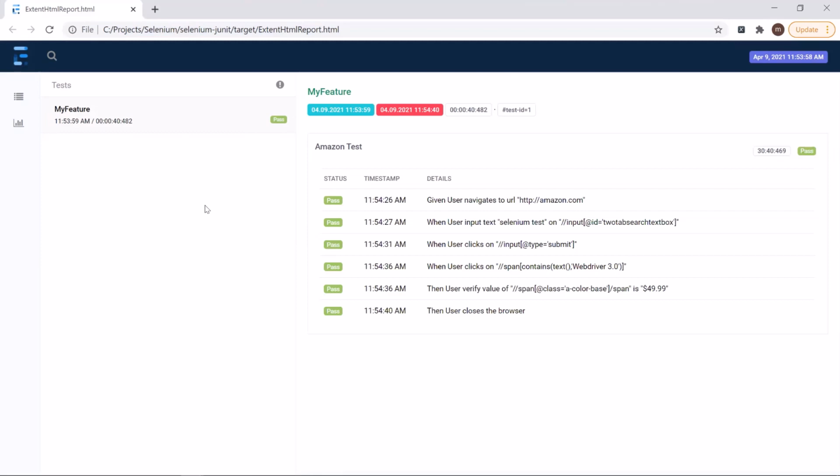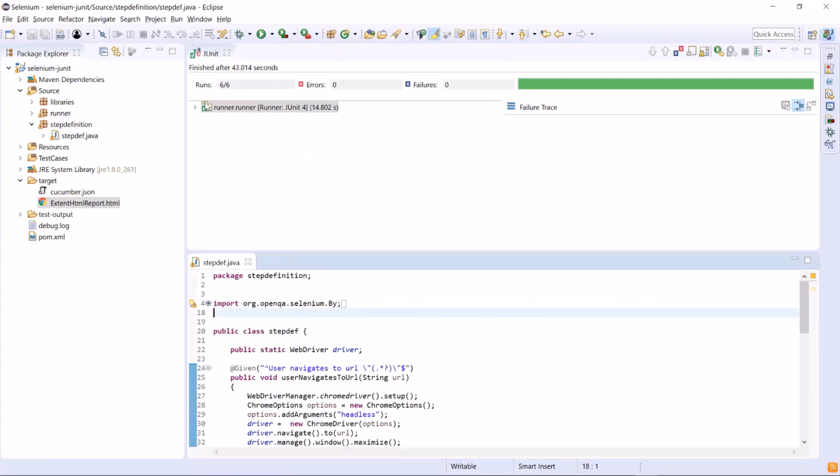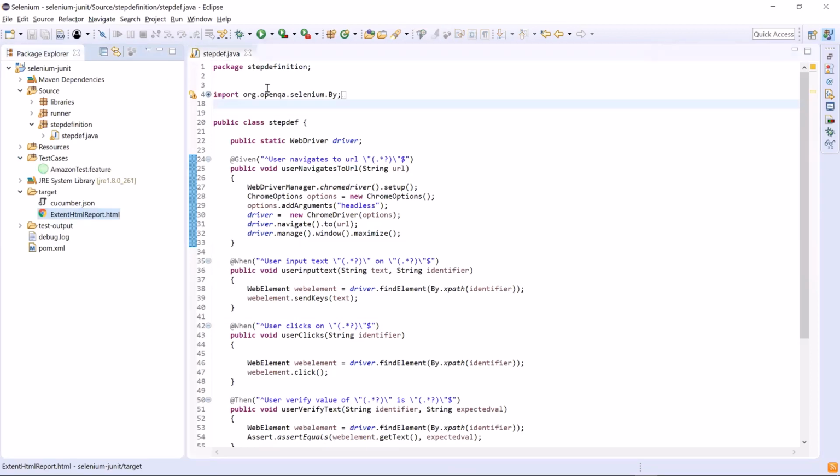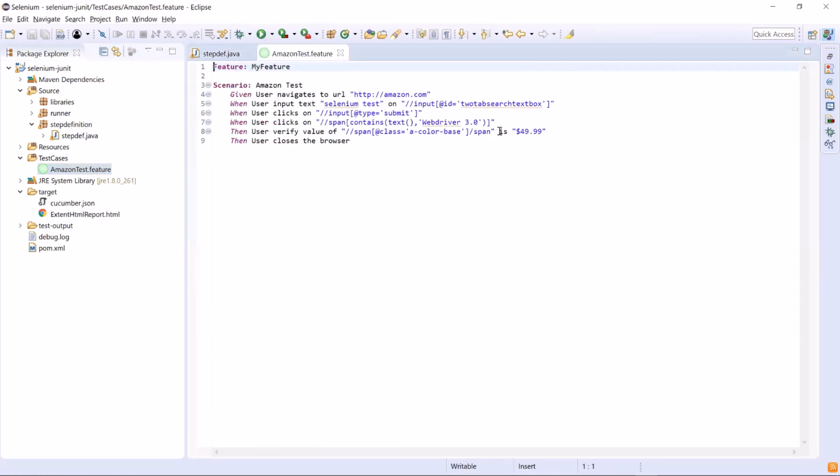In headless execution, you can also capture the screenshot. To see that, let me update the scenario step so that it fails. This is our feature file, and I'm updating the book price over here so that this step will fail and we will have our screenshot generated in the report.